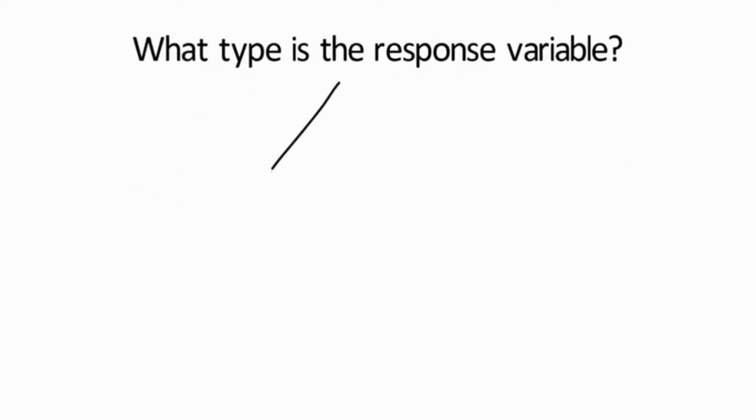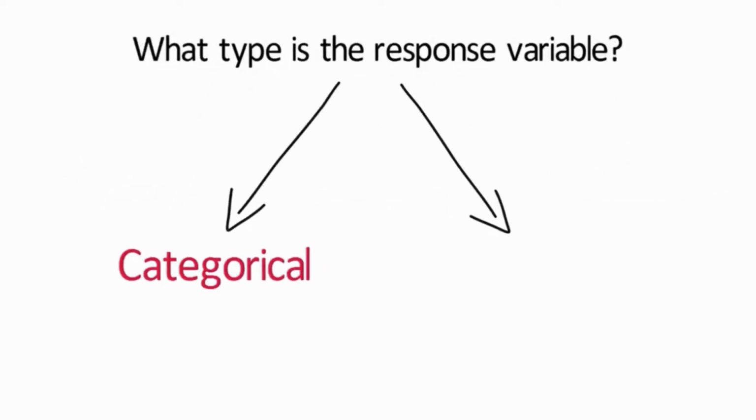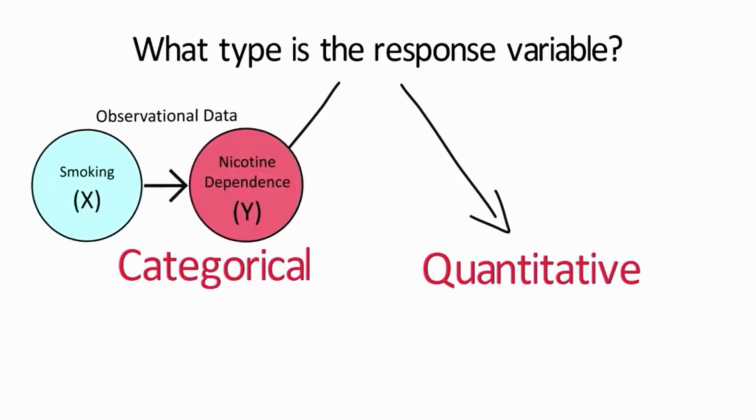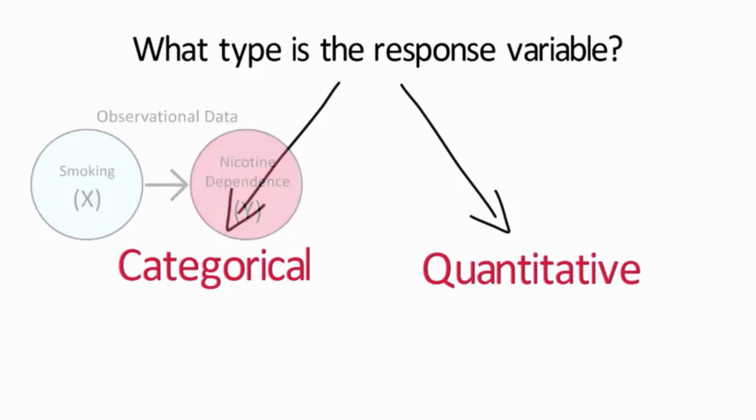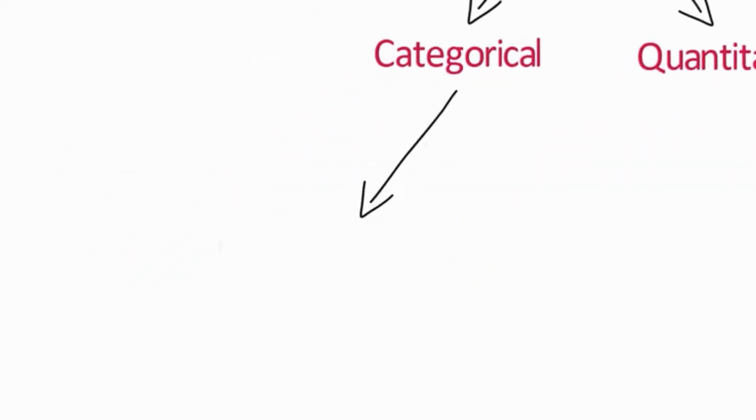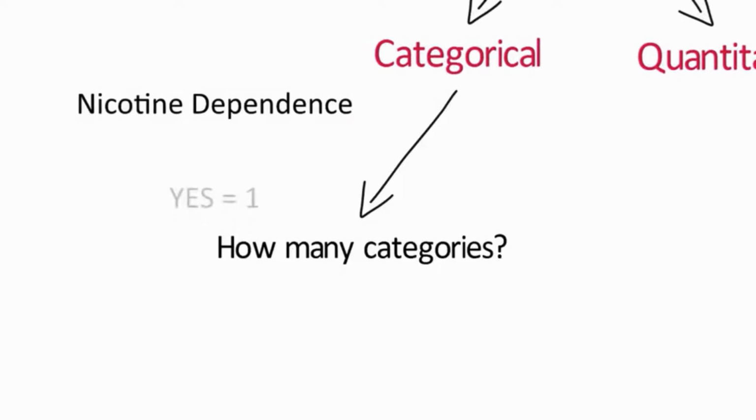The first question is, what type is the response variable? Is it categorical or quantitative? For our sample research question, the response or dependent variable is nicotine dependence, which is categorical. Next, we need to determine how many categories are in this response variable. Since nicotine dependence is coded 1 for yes or present and 0 for no or absent, we have 2 categories